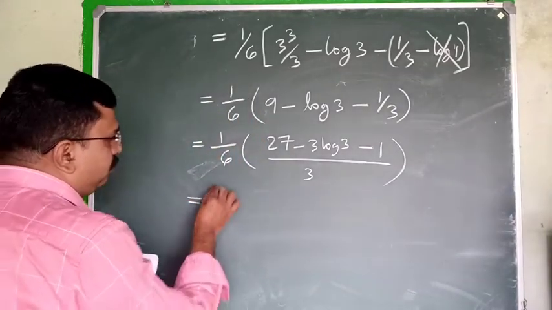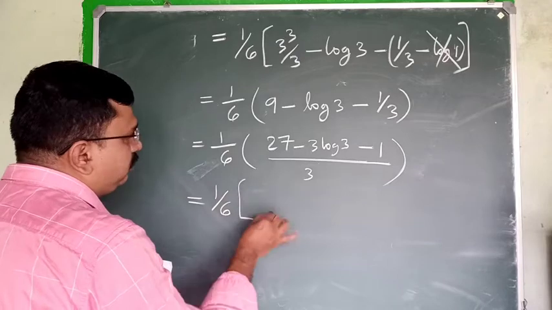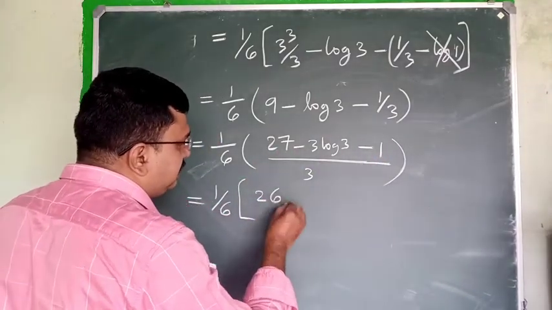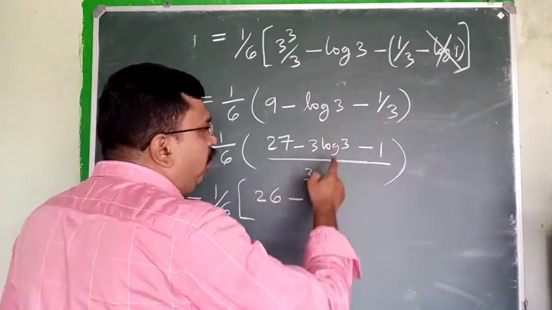That is equal to 1 by 6 into 27 minus 1, which is 26, minus 3 log 3,